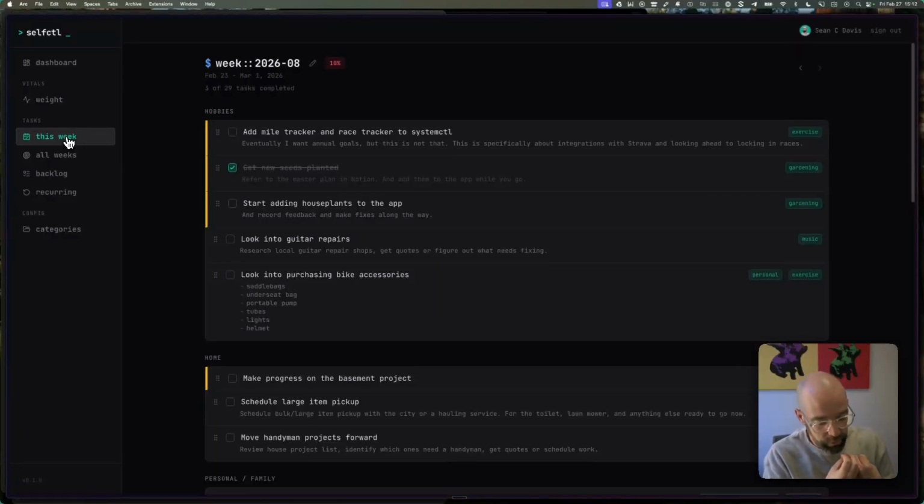The actual underlying mechanism of handling the tasks in my life on a weekly basis, deferring things that come in that aren't emergencies to next week, helps me stay focused. I say what I'm going to do on Monday, and I stay focused throughout the rest of the week. Things come in and I say, all right, we're going to handle that next week. Then at the end of the week, I'm creating the next week.